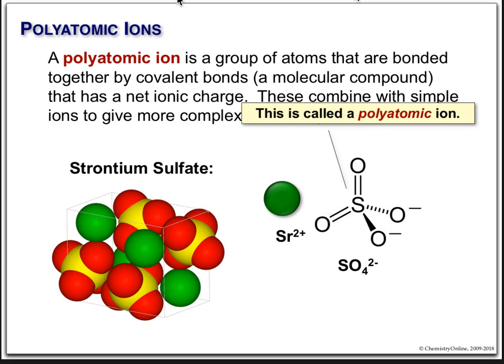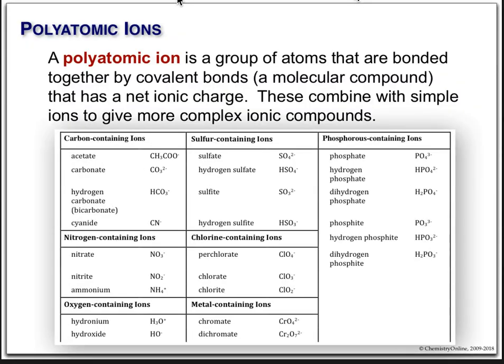And when you pack them together, the sulfates stay as these lumps with the strontiums all around there. Now, there turns out to be lots and lots of polyatomic ions. As we talk about them, you get to know the ones that we use a lot. And of course, the ones we use a lot are the ones that you need to know. Now, unfortunately, there's no simple way, there's no song you can sing, there's nothing to help you remember all of these. But